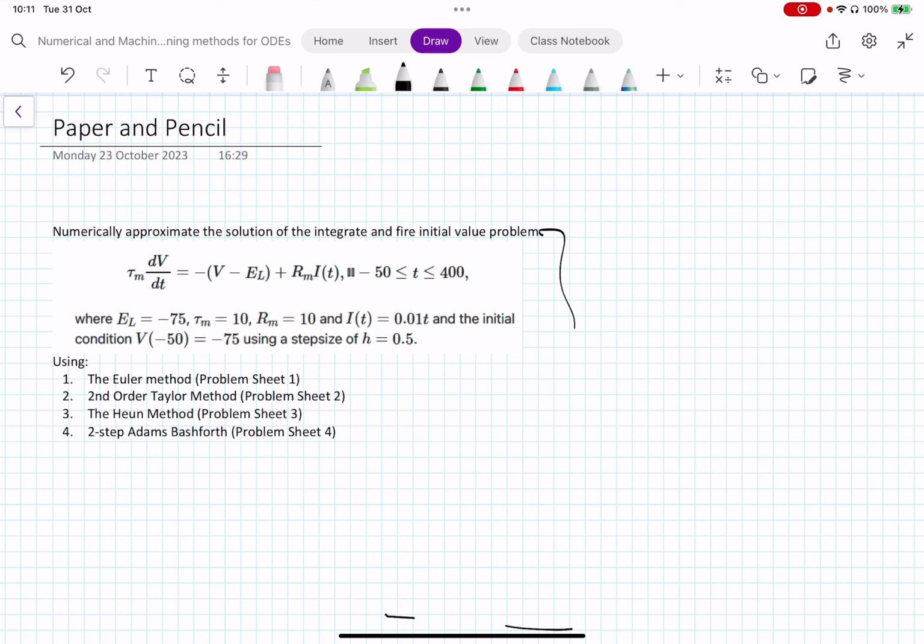In this video, I'm going to talk about question 6 from each of the first 4 problem sets. Question 6 is to numerically approximate the solution of the integrate-and-fire initial value problem of this form, where you're given the constant E_L is minus 75, tau_m is 10, R_m is 10, I_t is just 0.01 times t, and you have an initial condition of V of minus 50 is minus 75, and the step